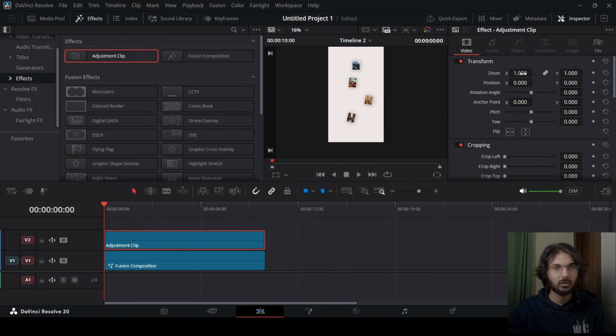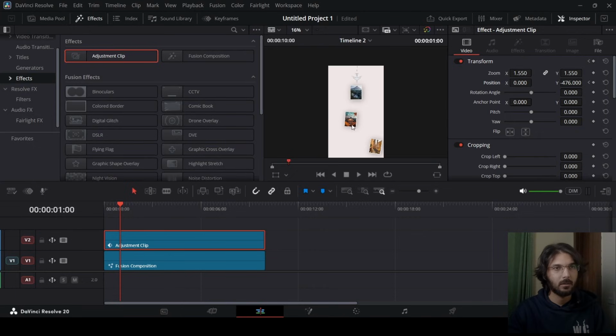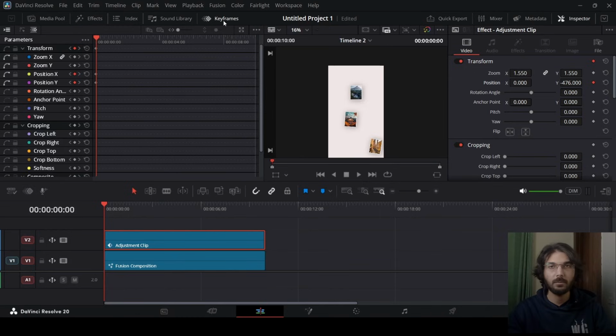So right here at 0, I'm just going to zoom this in. Let's say 1.55. Change the Y position right here. And let's go ahead, create a keyframe at position. So right here where the plane comes in. By the way, let me just go back to the position right here. And you can also enable the keyframes from here so you know where the keyframes are being created. So right here, let me just move this down. All right, so this is the end position right here. Now let's move this in